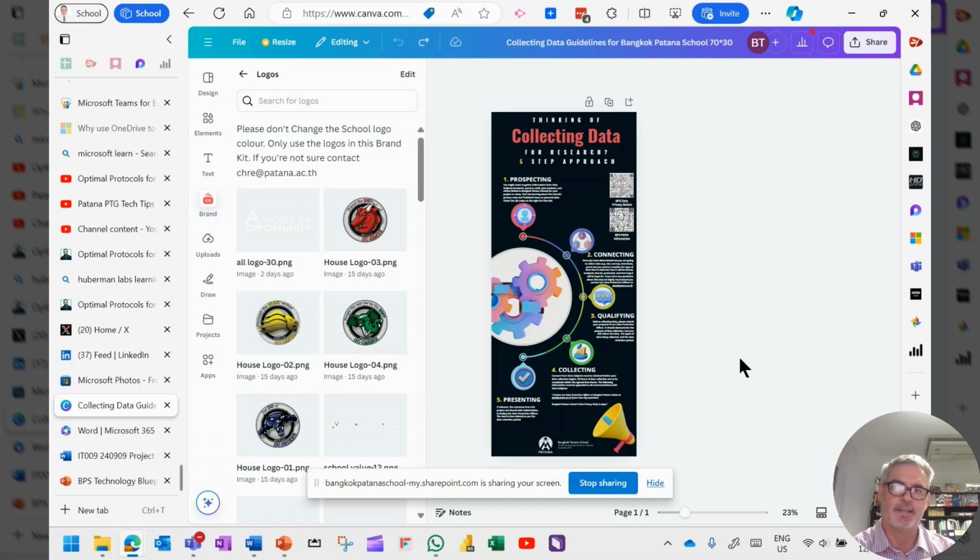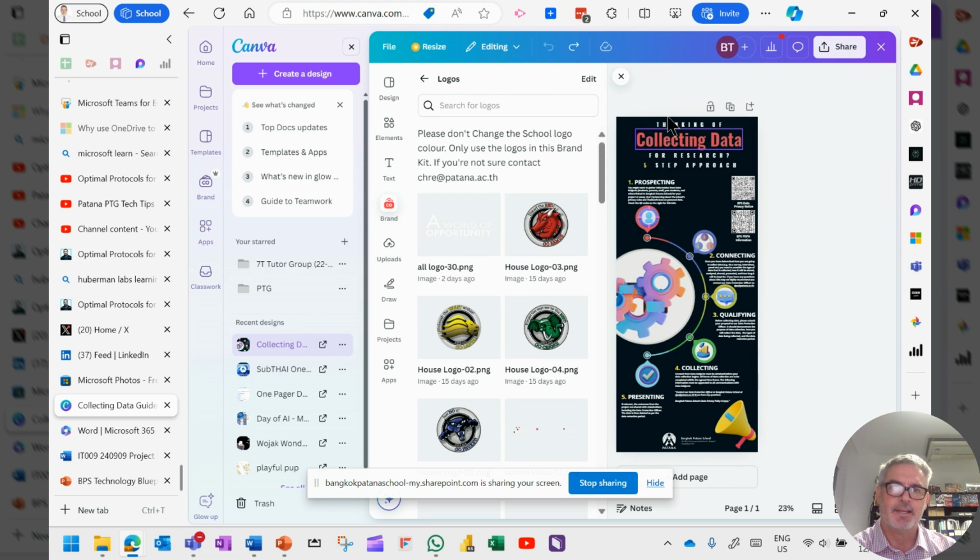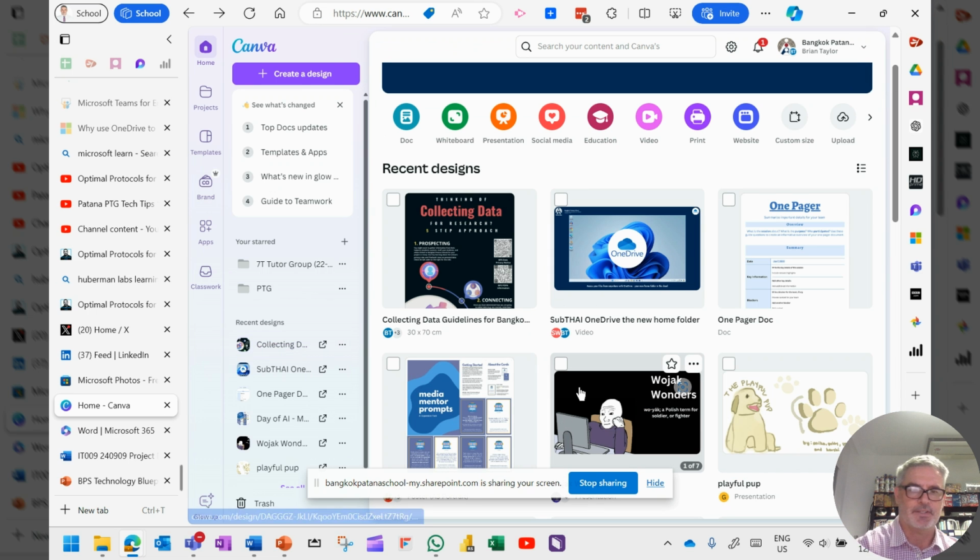First I want to correct a mistake that I made last week when it came to the brand kit within Canva. Let's go to the home page here. When you're in Canva, you should see the different designs that you've been using. I can see the icon here for the brand kit, but you can't. What you need to do first is open up a design or create a design, and then you have access